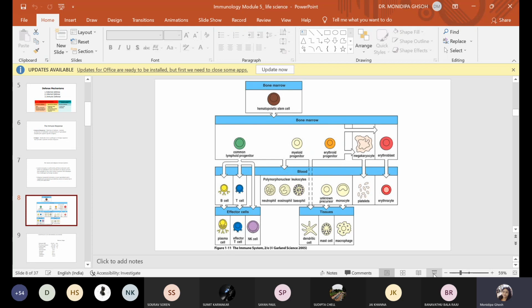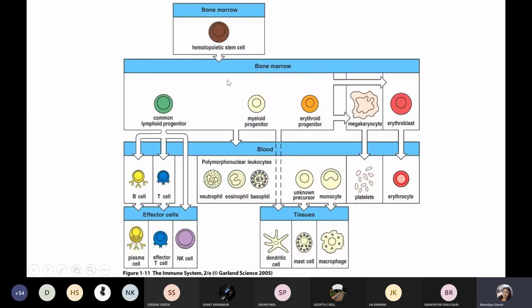Now go through the cell system. This is the hematopoietic stem cell. Hematopoietic, hem means, do you know what is the meaning of heme? The blood generating stem cells, they are developed in bone marrow, and in the bone marrow these stem cells are capable